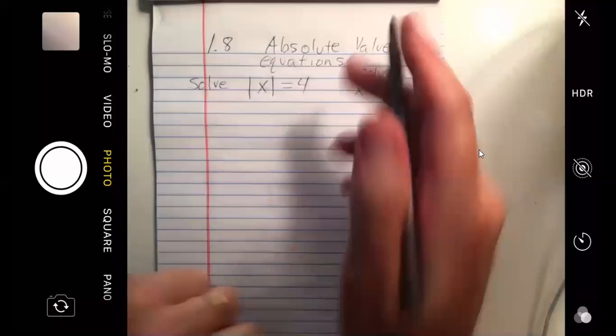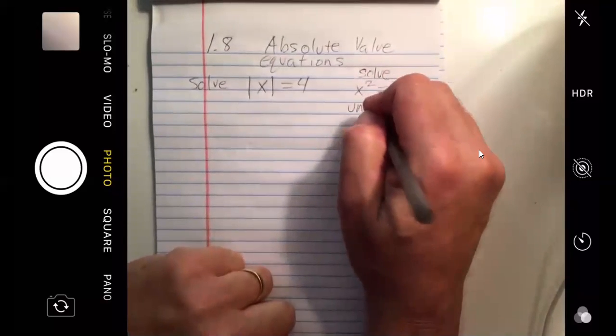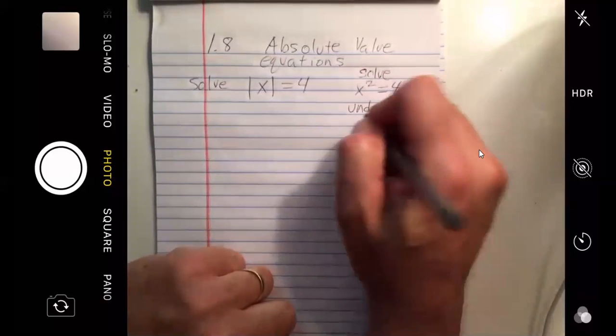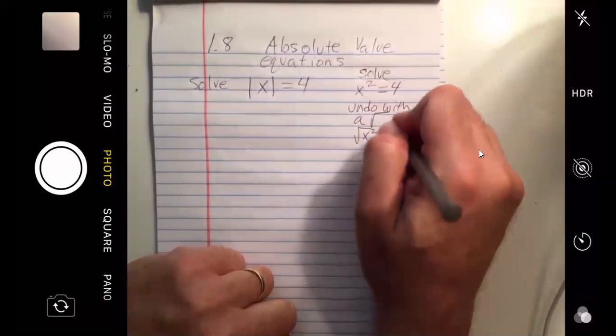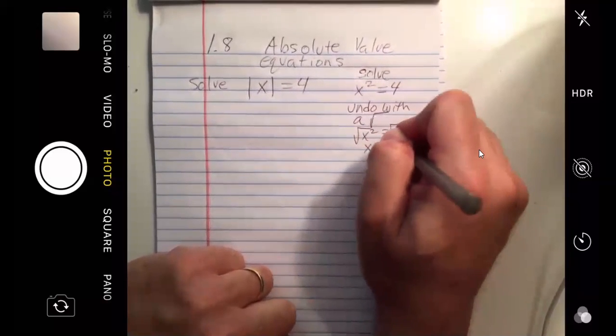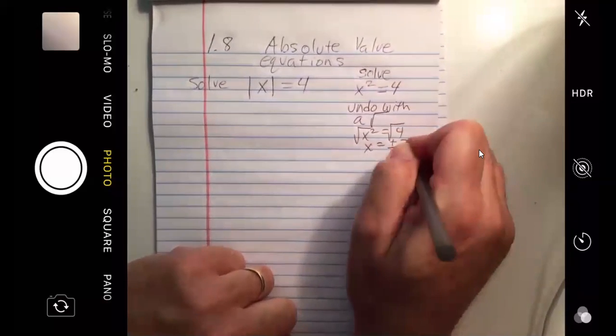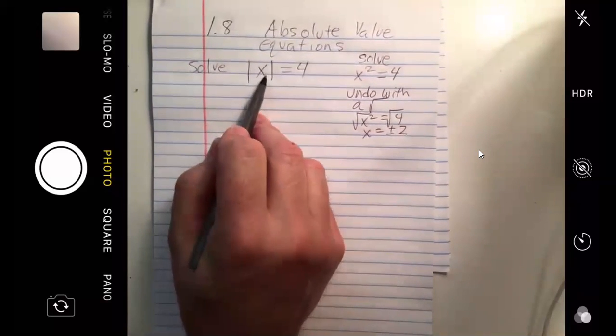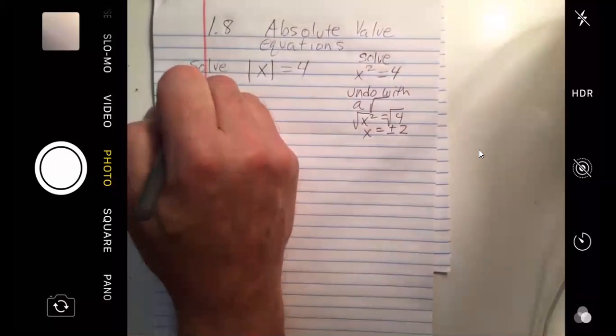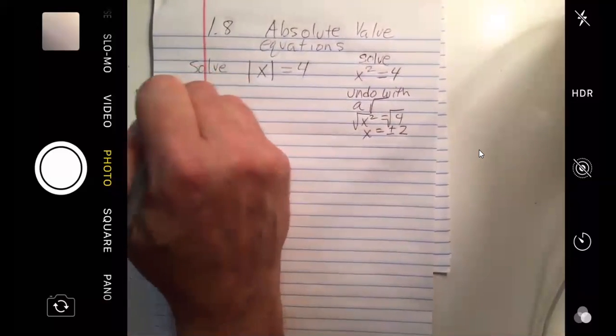You would undo with the square root. Square root of x squared would equal the square root of 4, and you've got to remember to do a plus and minus 2. There's no such operation with this. Nothing undoes